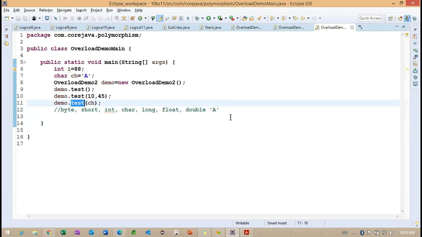Okay. And what are the remaining we are having? The boolean. So it is totally different here, which is going to take true or false. Getting the point. So these we need to very carefully understand here. Explicit typecasting, implicit typecasting. Okay, so we'll try to check with the constructor overloading.